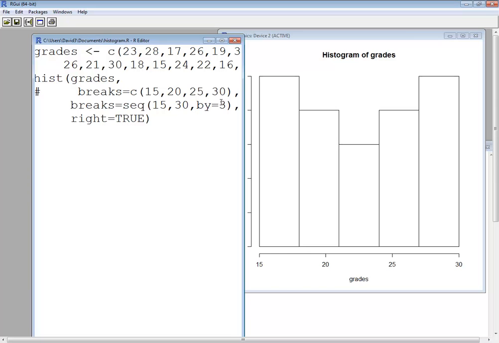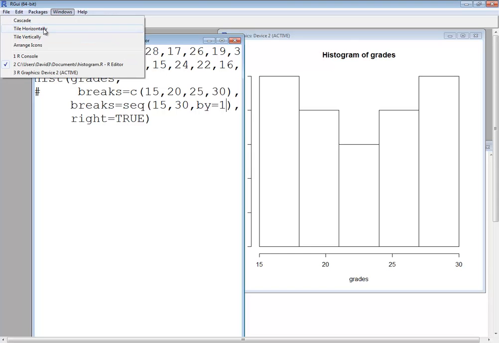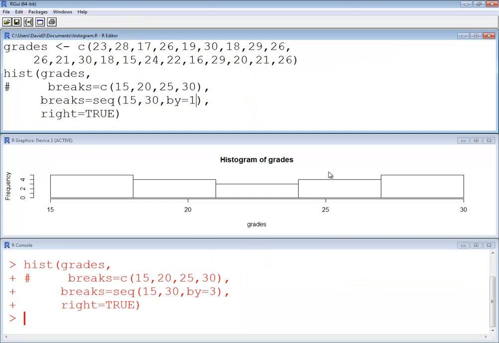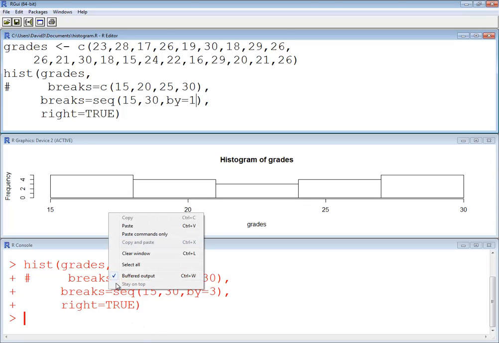Obviously, if you set your sequence too low, if you do ones, you're going to get a real bizarre looking graph. There'll be a bunch of zeros probably, and then some up a ways. Let me save that. Now, if you can, you want to do a window and tile these accordingly. I have little luck with getting these to look right. That time actually looked pretty good. I tried tiling last night and it didn't work at all. Okay, so now if I run this, let me right click on this, clear the window,